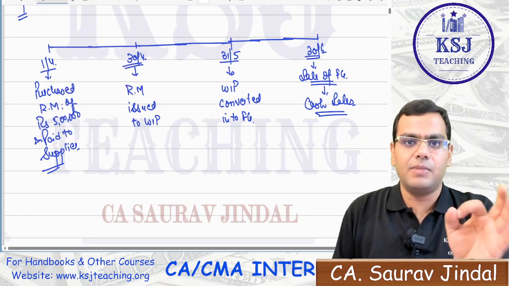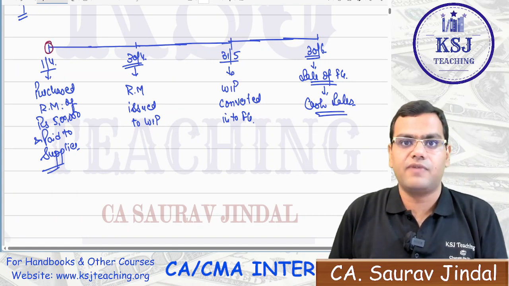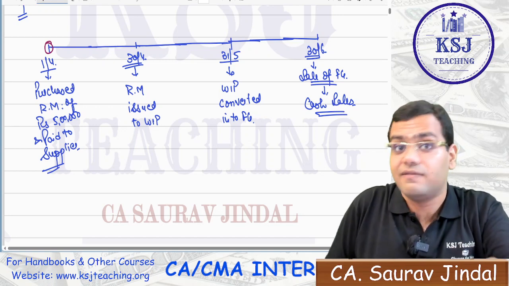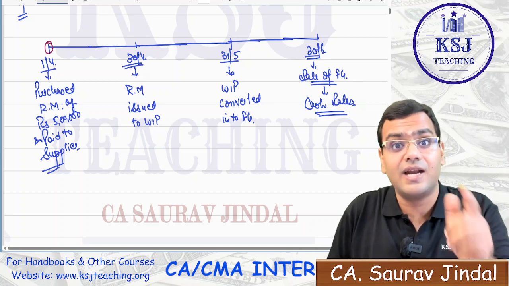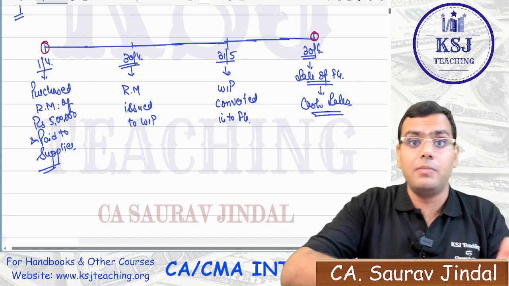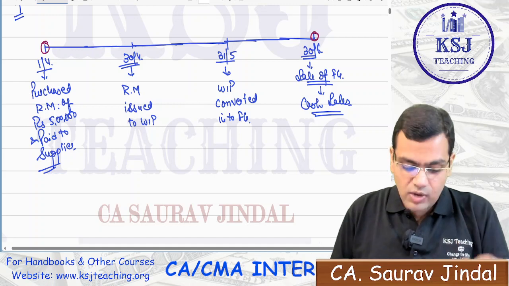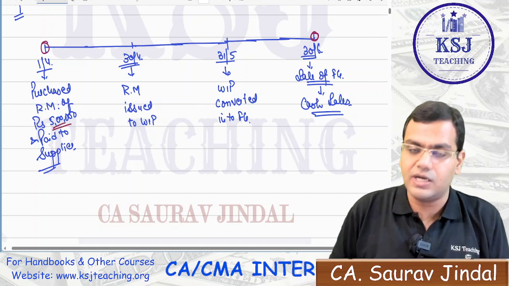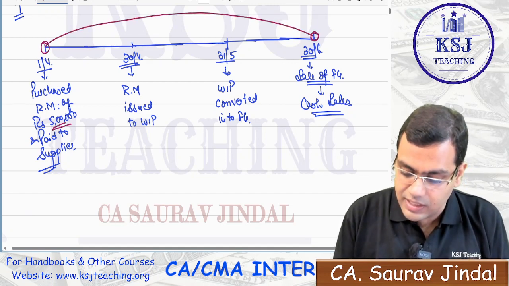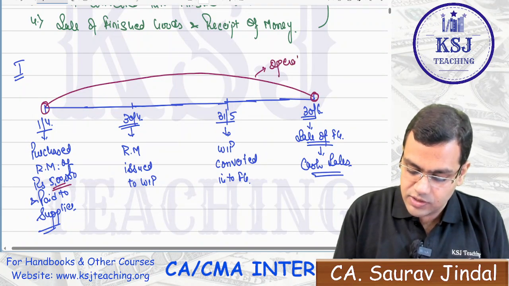Now just focus on the things one by one. Sir, you invested the money on which date? You invested the money on 1st of April, when you purchased 5 lakh rupees worth of goods. And when are you going to recover that money? You are going to recover that money on 30th of June. When you convert that raw material into finished goods and sell them, you will receive the money. You have recovered this 5 lakh rupees on 30th of June. So this total is your operating cycle.